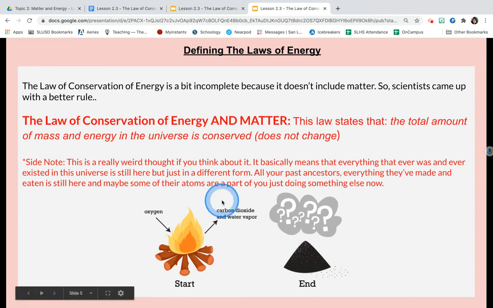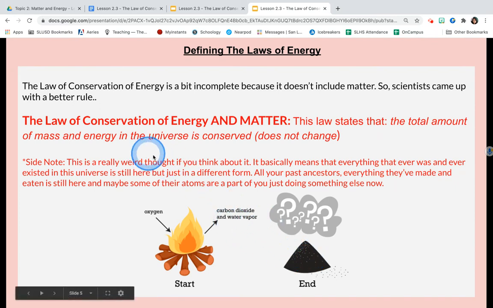Well, all of that matter just went into the air. So when you're burning wood, you're creating carbon dioxide, or the smoke that you're breathing in. So that weight, that mass, went up into the air. And you also create water vapor, right? But it's so hot that you can't see the water vapor, and that also goes into the air. So a lot of the weight or mass in your original firewood when you're burning it goes up into the air as carbon dioxide and water vapor, right?